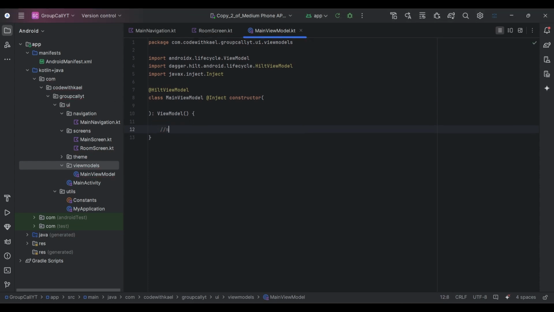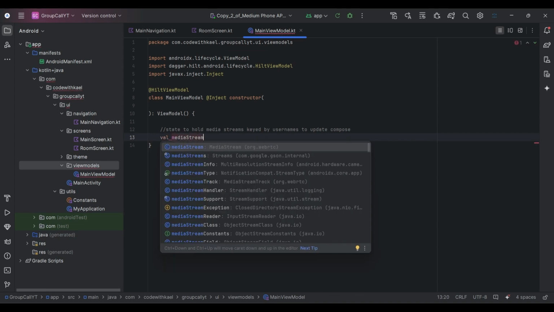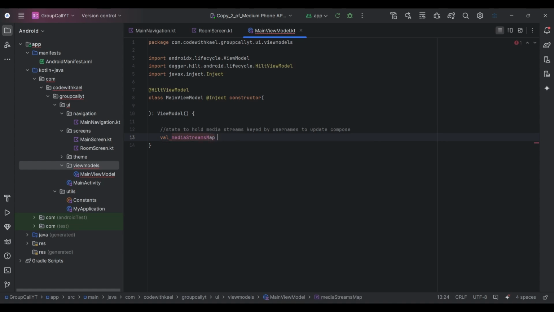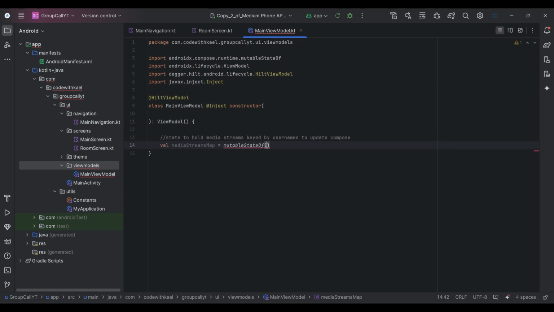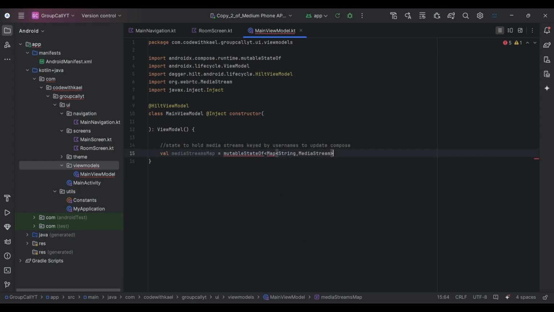This is going to be a state to hold media streams keyed by usernames to update compose state. It's going to be val mediaStreamMap, and it's going to be mutableStateOf a map of string to MediaStream, and it's going to be emptyMap